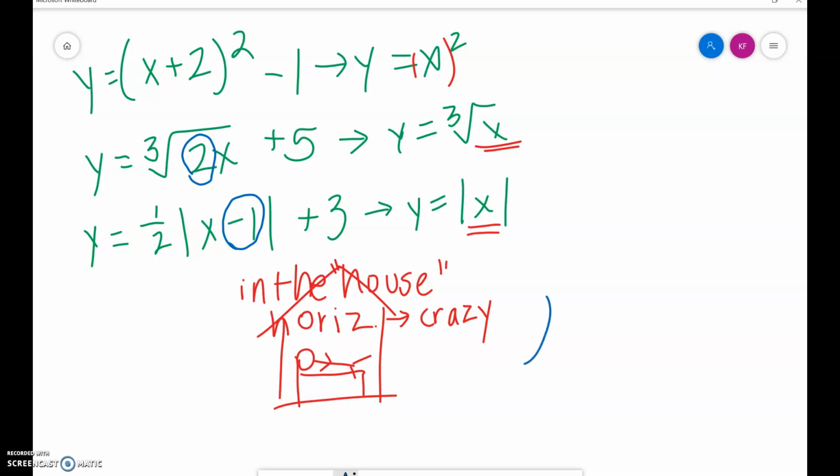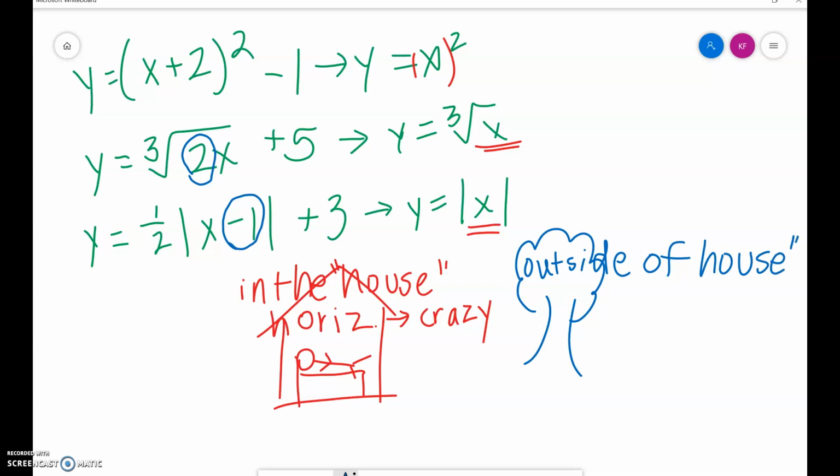Then outside of the house, you have a tree. So outside of the quote-unquote house, you have this tree, and that tree is positioned vertically up and down. And everything that's vertical is going to be normal. So some examples of things that are vertical